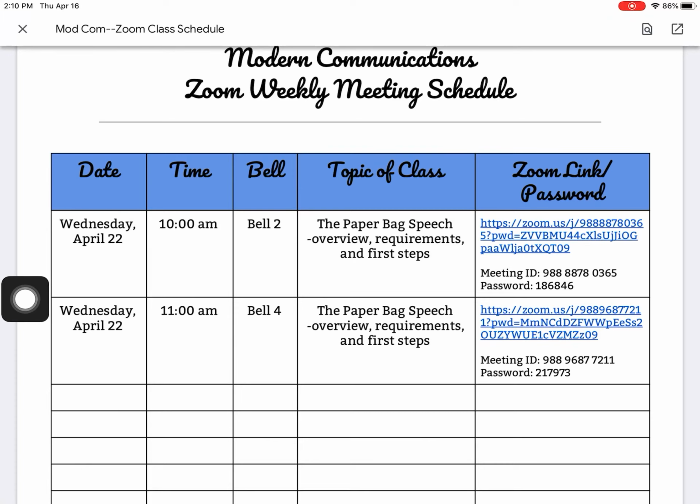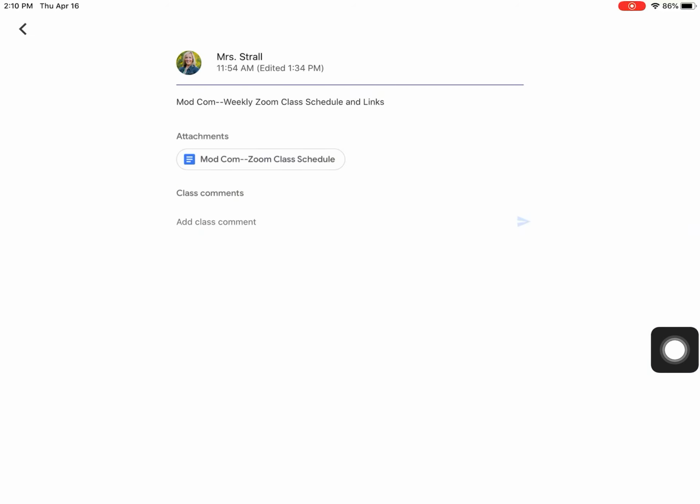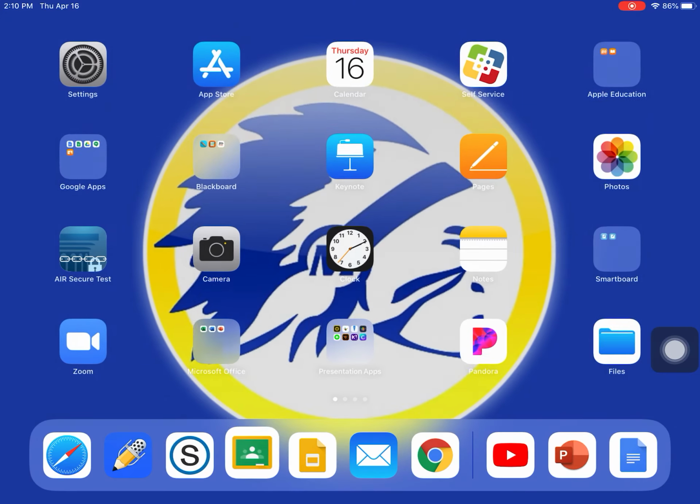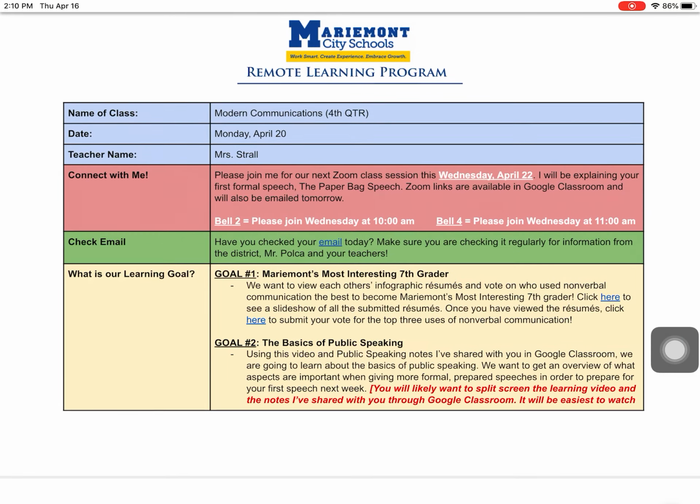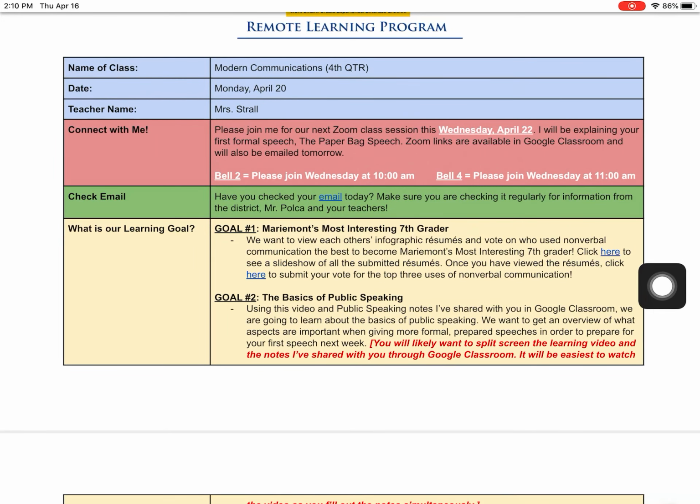It's also giving you a topic of what we are going to be talking about in that class. So for Wednesday, we are going to go over some of the overview requirements and first steps of your first speech called the paper bag speech. And it will give you the direct link and ID and password information you will need to access that Zoom meeting. So hopefully keeping it all in Google Classroom will make things a little bit simpler for you guys.